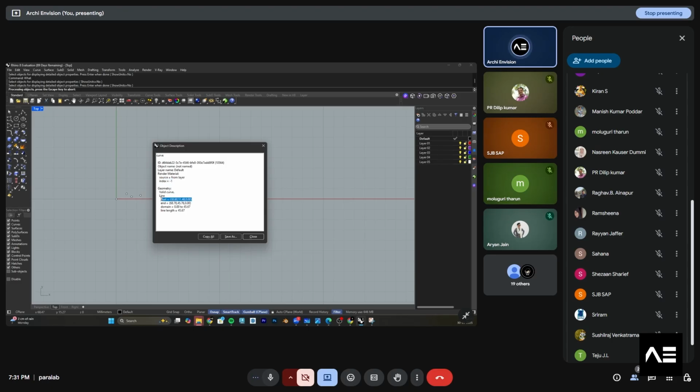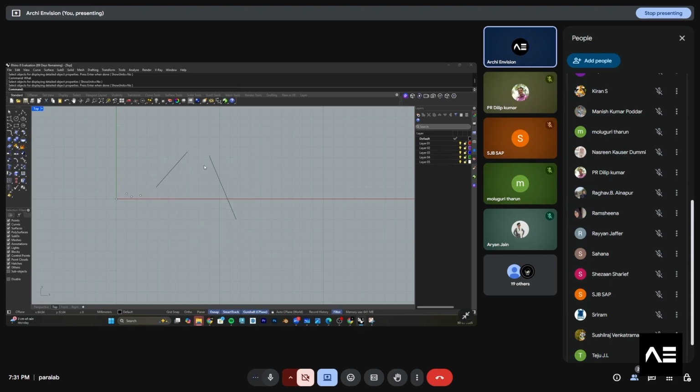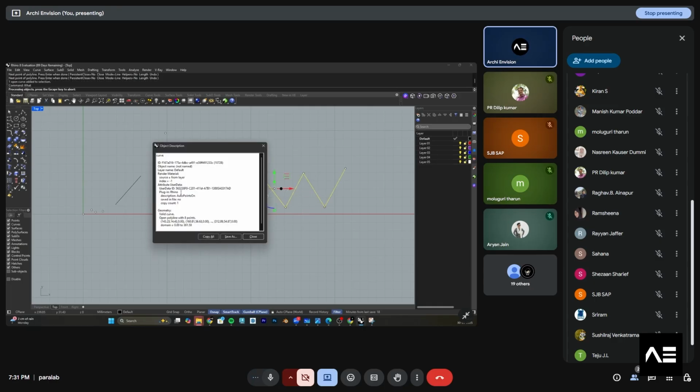It will have the start and the end. So you can easily place lines randomly like this, click on space, and it will show you the line length.